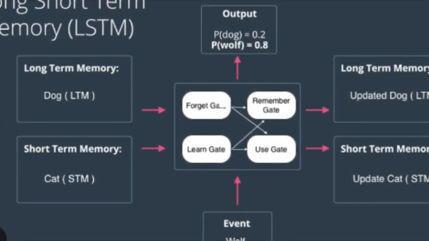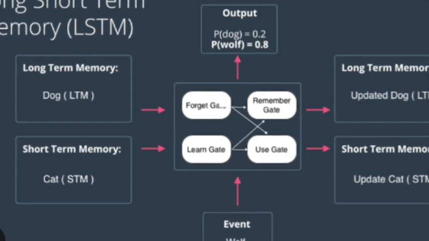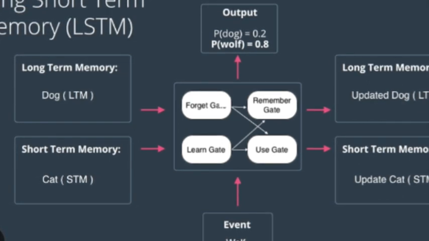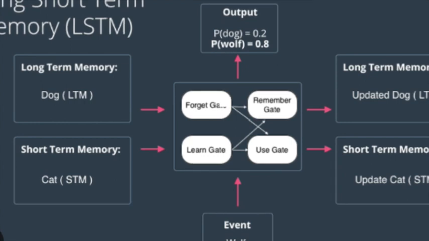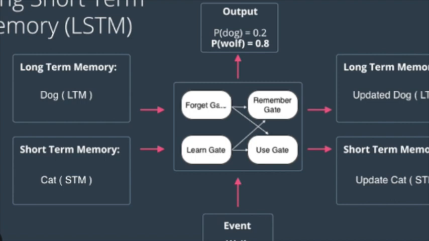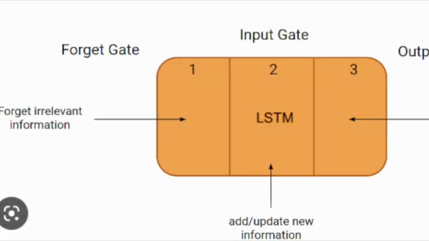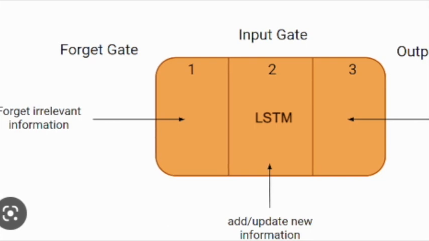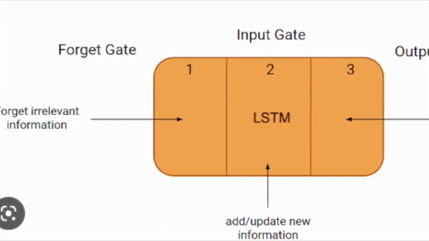The forget gate is a layer of sigmoid neuron that determines which information should be removed from the memory cell. The forget gate is responsible for regulating the amount of information that it discards from the memory cell. So that's about architecture of LSTM. So let's discuss memory cell in detail.